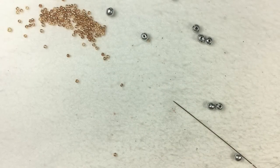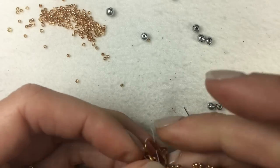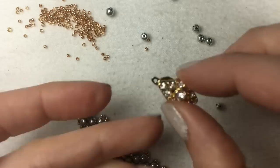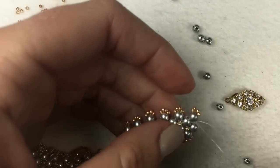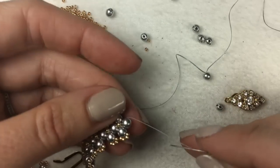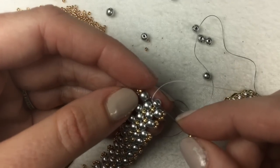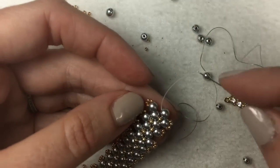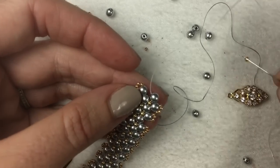And once I remove the clasp and remove the end here, I'm going to go in here, and then I'll just connect this side to the other side. And what I'm going to be doing, like I said, is pushing that stopper thread back and basically repeating what I did on the other side. Then we're going to have an 11-0 seed bead. We're going to connect, sorry, one more here. I'm going to go 11-0 seed bead,